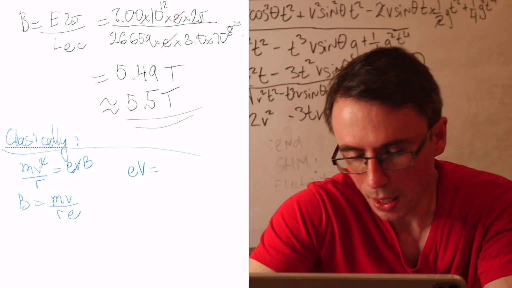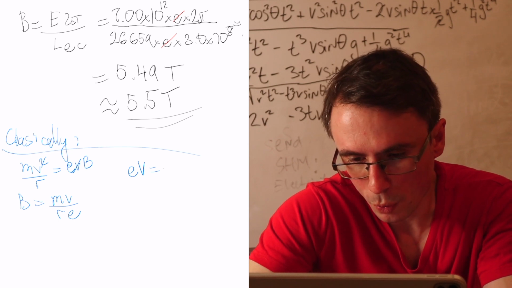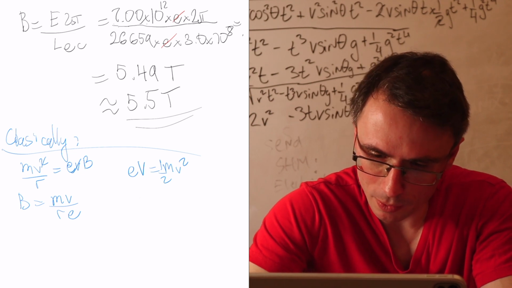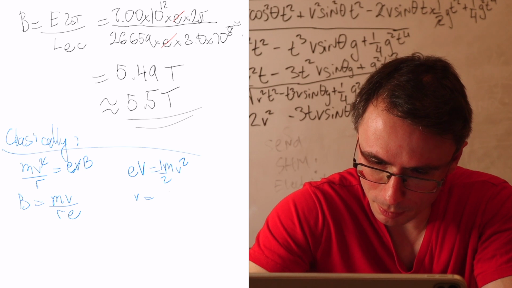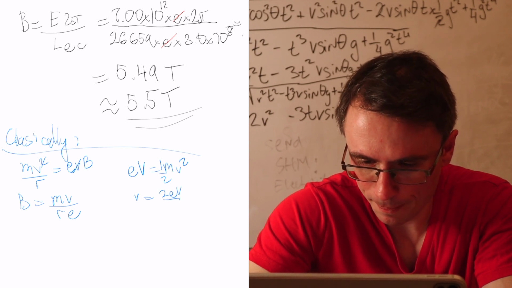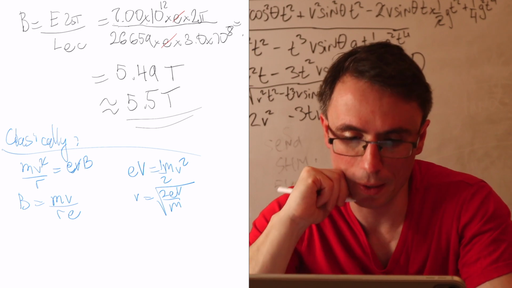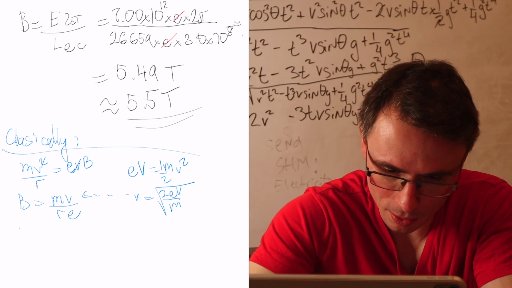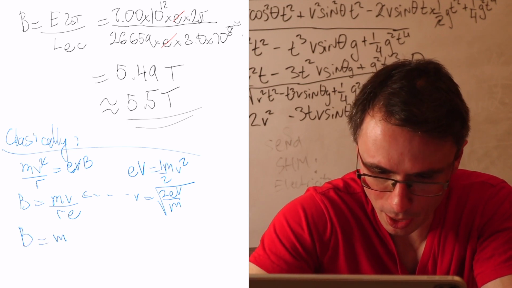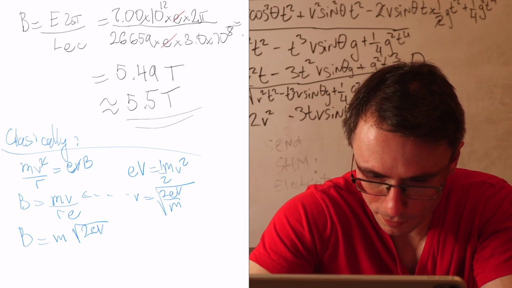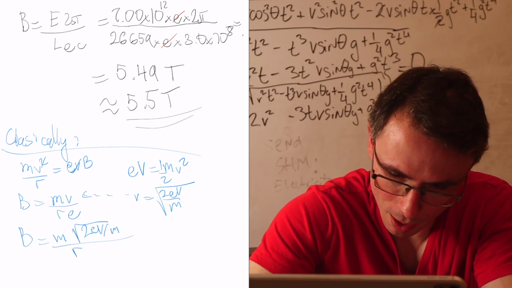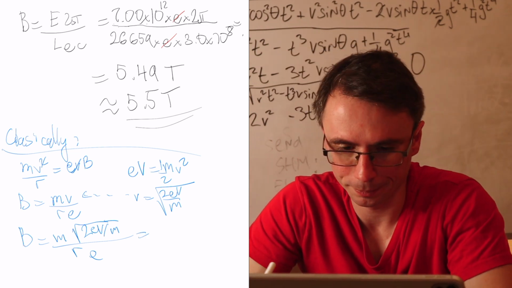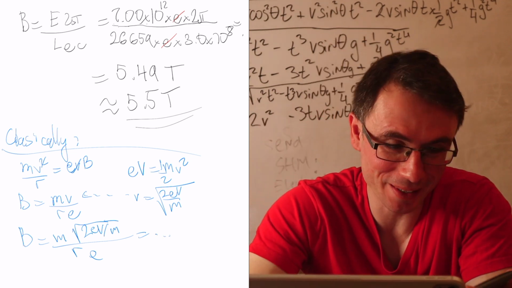The classical energy is going to be equal to a half mv squared, meaning that the speed v is going to be equal to the square root of 2eV divided by the mass. Okay, so we can plug this into here, and we're going to get that B is going to be equal to m root 2eV divided by the mass, divided by r times e. Okay, let's plug in some numbers. And we get a much smaller result. I got around